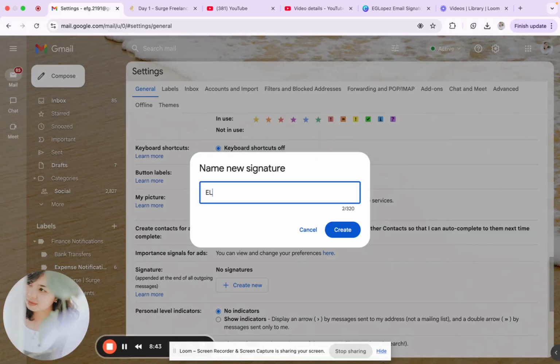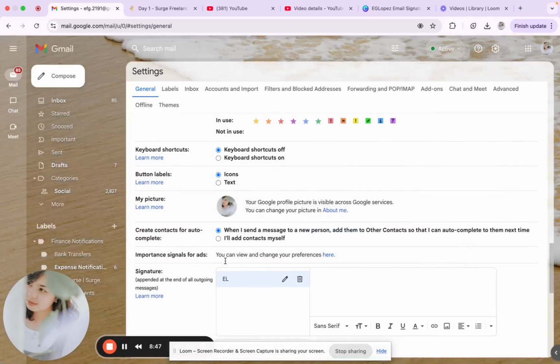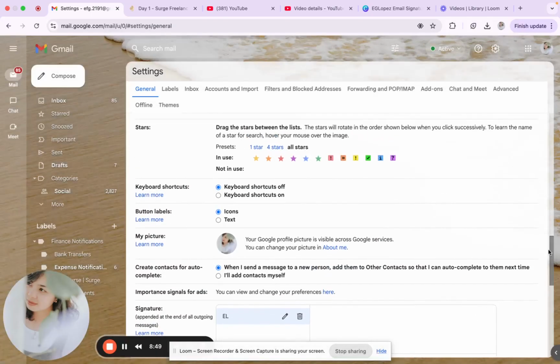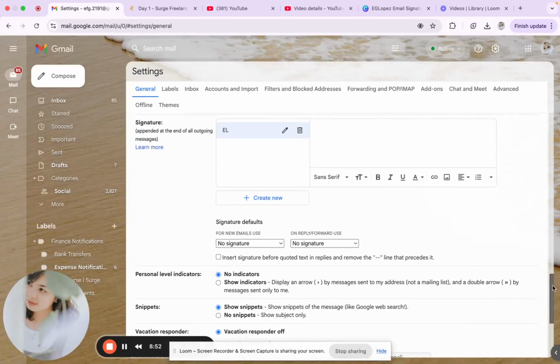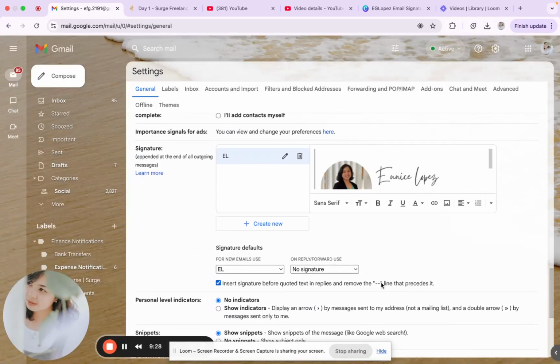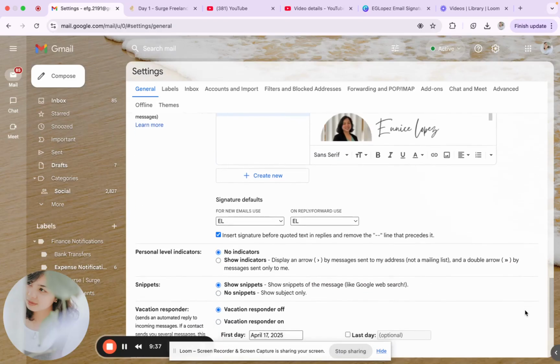So I'll just use my initials to create a name for that signature and then ensure that it is set up.